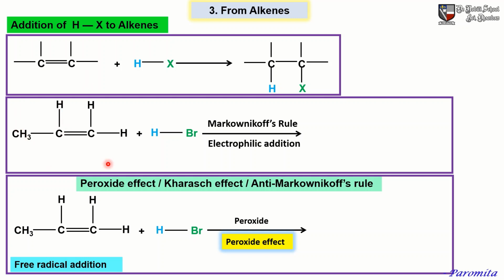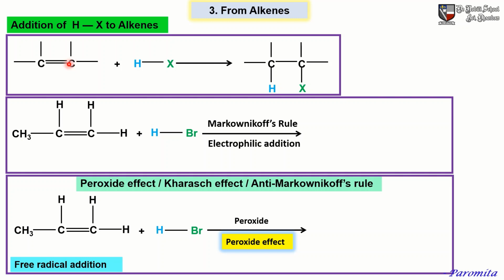Now, let us see this alkene. This is propene. How to distinguish between a symmetrical alkene and an unsymmetrical alkene? That is, what is a symmetrical alkene and what is an unsymmetrical alkene? See this carbon-carbon double bond. Now, if the environment of this carbon and this carbon is the same, then the alkene is termed a symmetrical alkene. But if the environment of this carbon and this carbon is different, then the alkene is an unsymmetrical alkene.